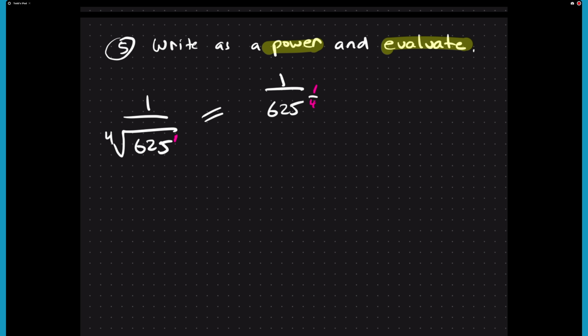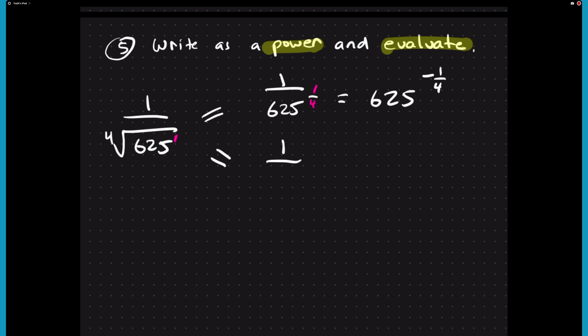Now that's if they want it in the form where the exponent is going to be positive, and if they wanted it sort of in the form like the last question where it was a to the power of n, we would write this as 625 to the negative 1 over 4. Now, what happens if we evaluate this? Well, again, that's going to become 1 over, and basically,